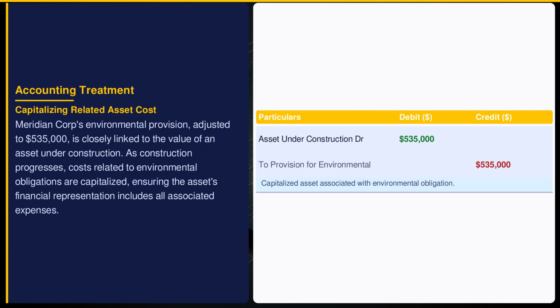By capitalizing the environmental obligation as part of the asset's cost, Meridian Corporation adheres to Indian Accounting Standard 37's guidance on asset-related obligations. This transforms the provision into an asset, affecting future depreciation. This maneuver aligns the financial representation of the asset with its true economic cost, offering a comprehensive view of company